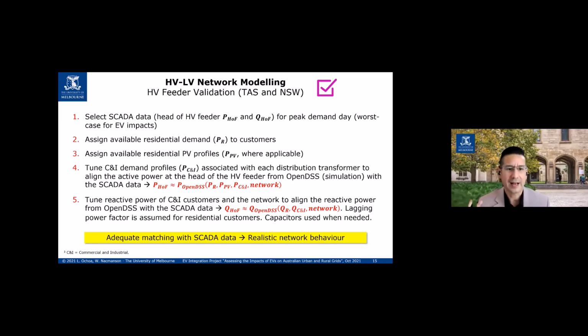So eventually, it's not a real network, okay? Remember, we have the pseudo LV feeders, all this tuning. So they are not exactly real, but they are as realistic as possible. And that's important so we can ensure that our conclusions are relevant, okay?